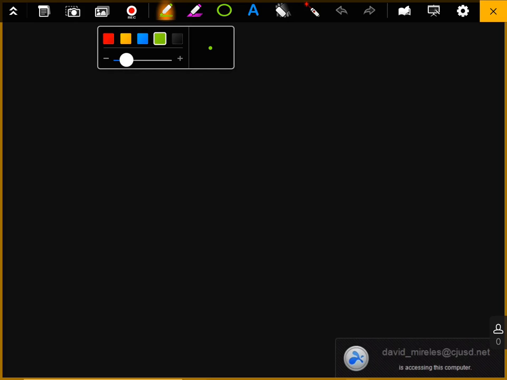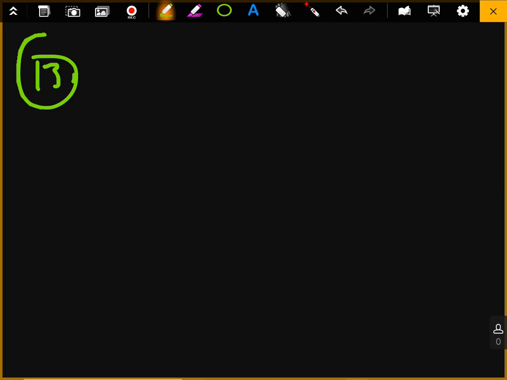So the first one's 1 through 15. It says enter the product. This is multi-digit multiplication, so it means you're going to have more than one digit that you're working with. So let me go ahead and do number 13. Okay, number 13 says